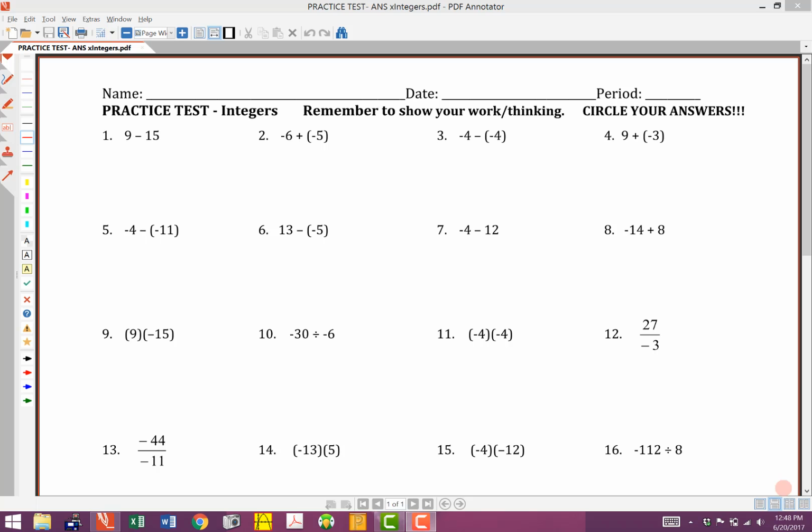All right, well, let's run through and do the practice test for this unit on integers. And so I'm going to write solutions at the top. Hopefully you're in the habit of putting first and last name on everything, date, period, all that. It's 3-hole punch, putting it in your binder and everything, so you can keep yourself good and organized and keep